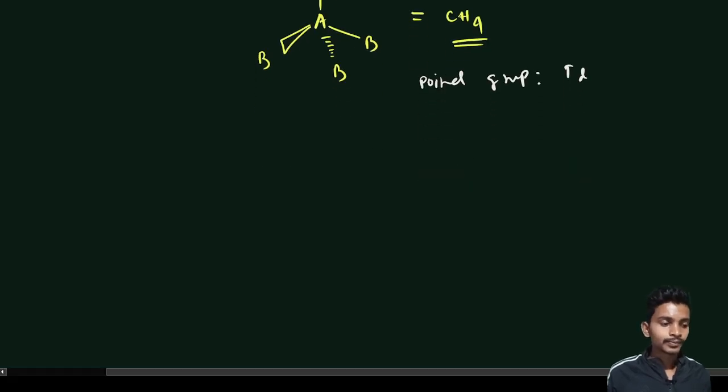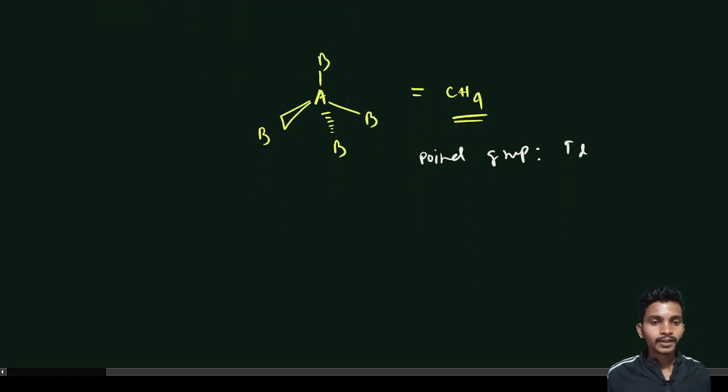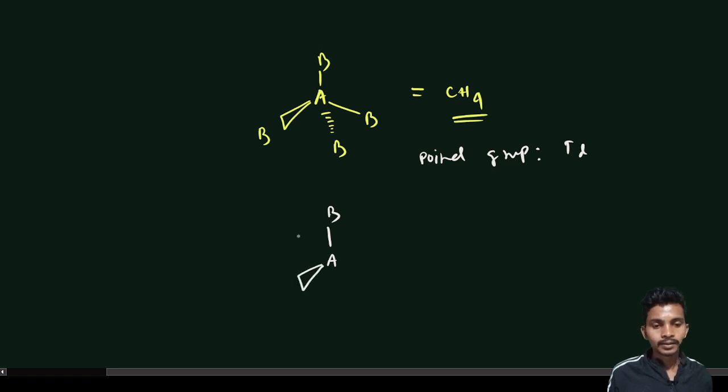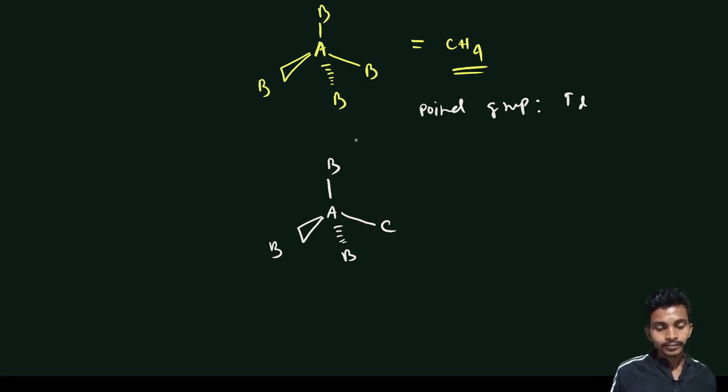Okay, now if I replace one atom, let's say A, this is B, this is B, this is B, and now I will say this is C. Then what is the point group of this molecule? So if we look at what is absent, previously in this molecule the principal axis was